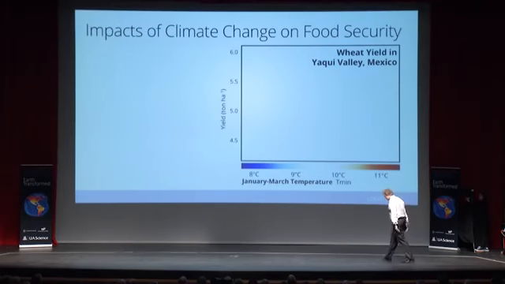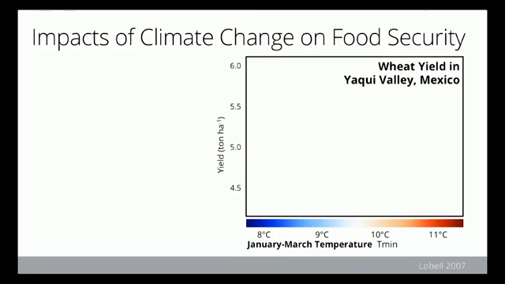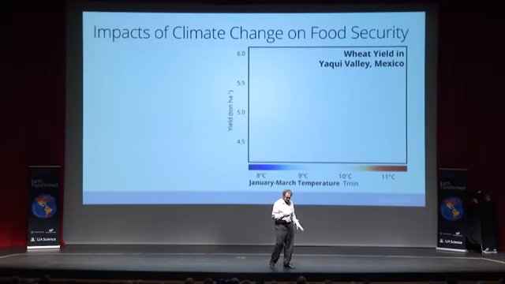This is a plot of temperature. This is actually Yaqui Valley, Mexico, just south of here. I don't know how far. I went there once by plane, and actually a couple times. It's the home of the Green Revolution, where wheat yields went from 1 kilogram per hectare to 3 kilograms per hectare. And this is just a measure. So this is a controlled environment. It's irrigated. It's got plenty of nutrients. It's got way too much pesticide, actually.